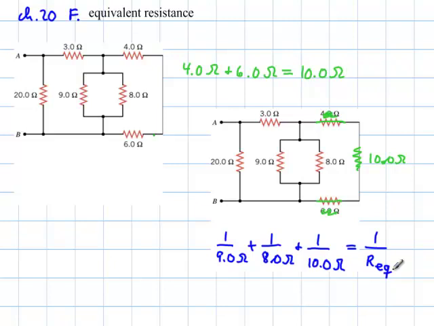So I'm going to have 1 over 9 plus 1 over 8 plus 1 over 10. The result of that is